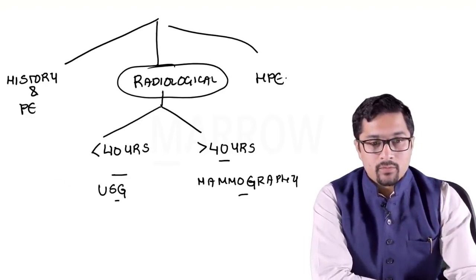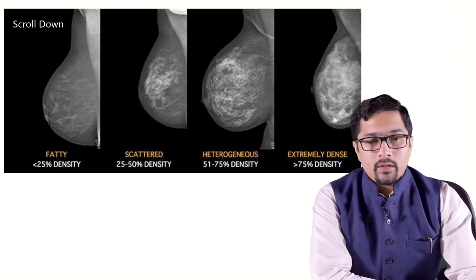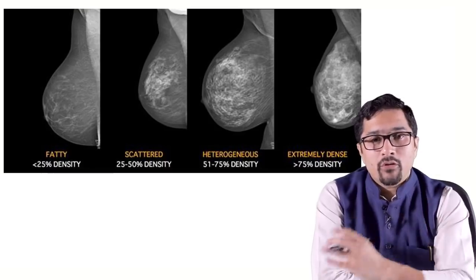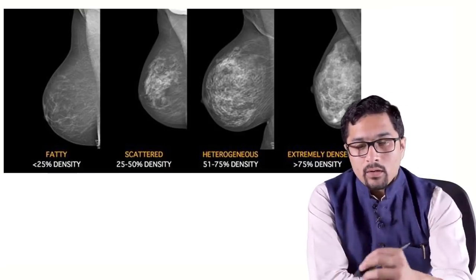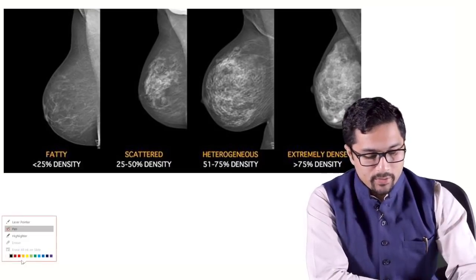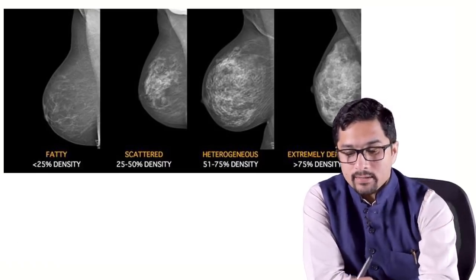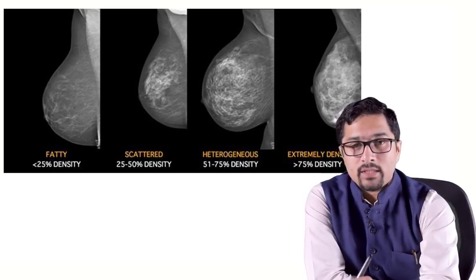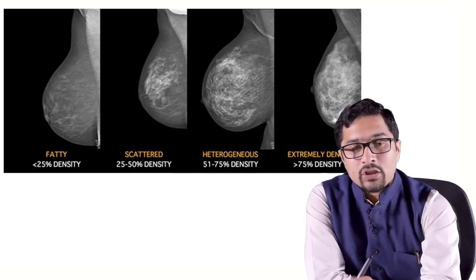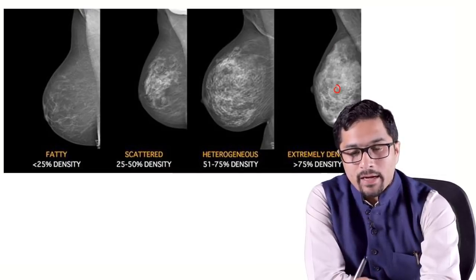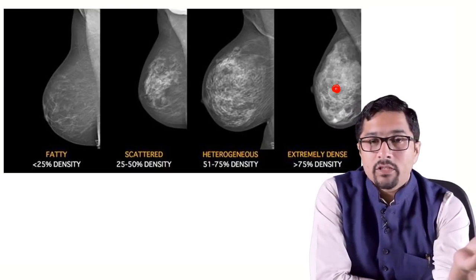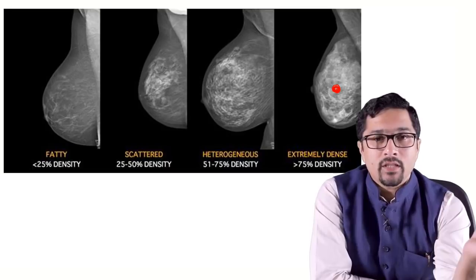in dense breast tissue. Just to highlight this point, I want you to have a look at these 4 mammography images. Now, you can see that this is the mammogram of a patient who has very dense breasts, right? So there is dense breast. You can see that it has a whitish picture. Now, imagine if there was a white lump in a white background. You can't make out a white lump in a white background, which is why mammography is not sensitive in young